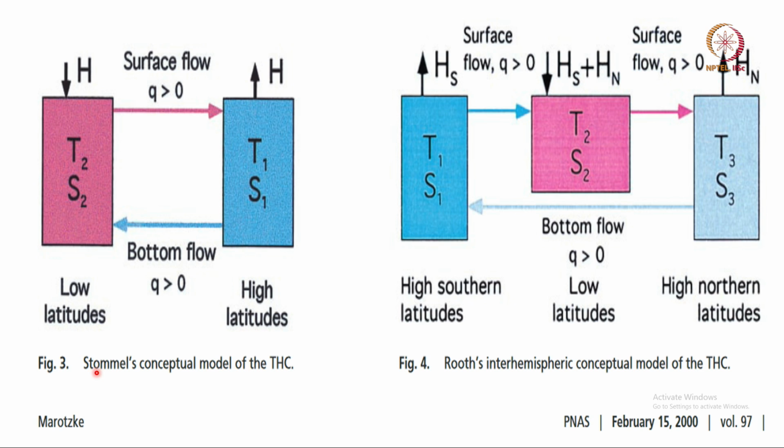But there are some people not happy with the model. They like to introduce a tropical box. Here we have only two boxes, the low latitude and the high latitude. Now, there are people who have introduced a slightly more complex picture with a high-latitude southern region, a high-latitude northern region, and a tropical region. This is a slight extension of this model, but the spirit is still the same. You will still get similar solutions, but it is a little more complicated.